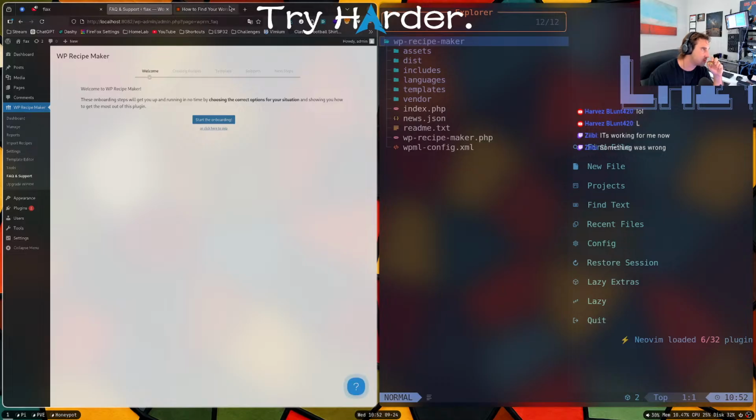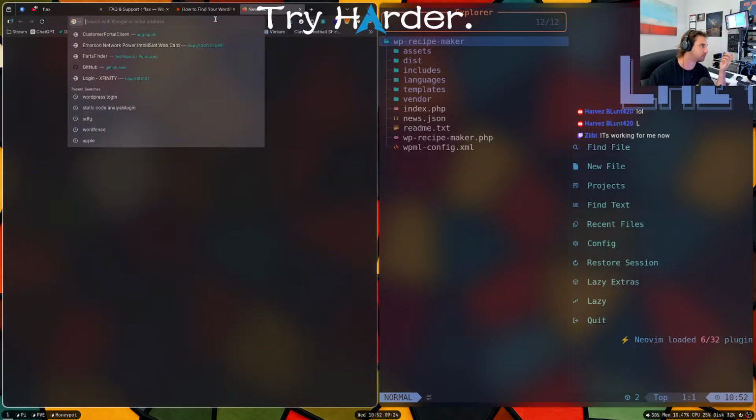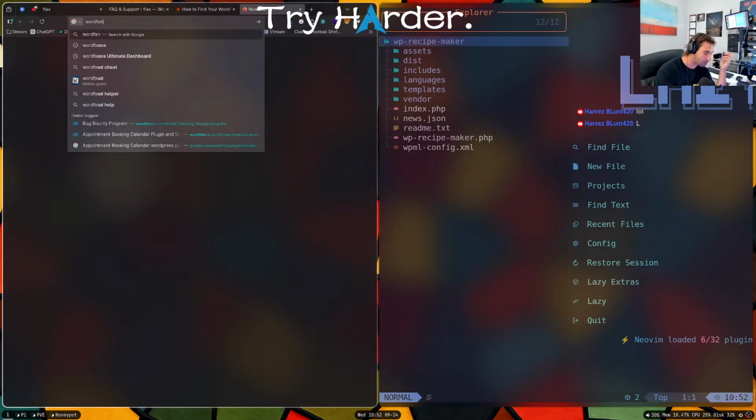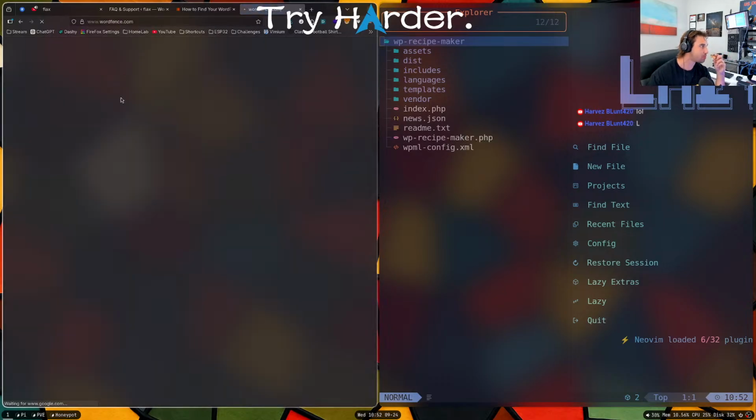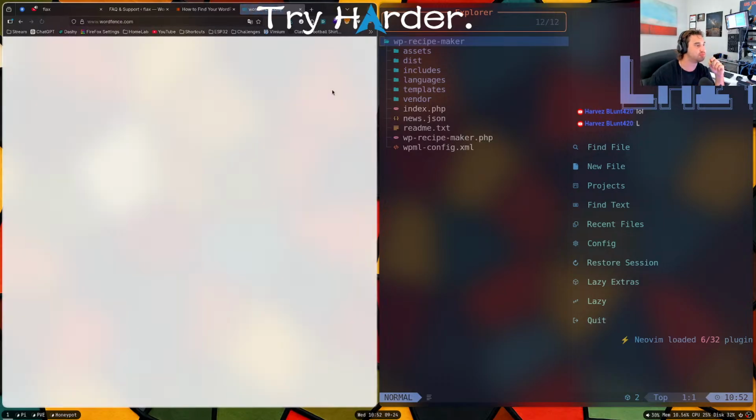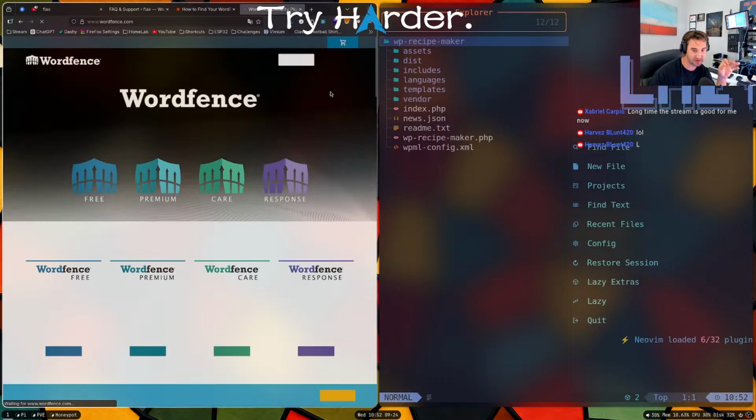So this is the plugin we're going to be messing with. Oh, Wordfence, yeah. Wordfence is a bug bounty program specifically for